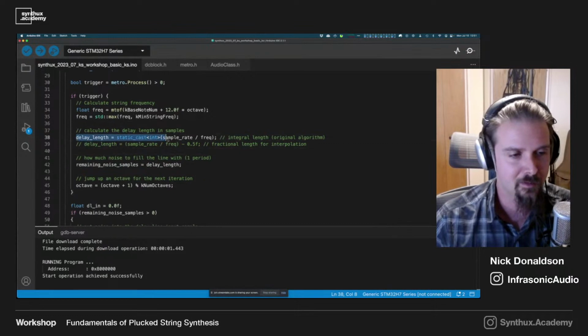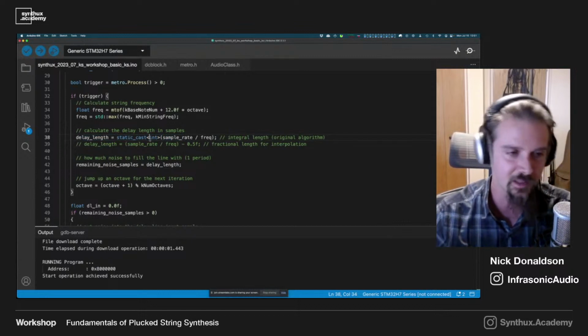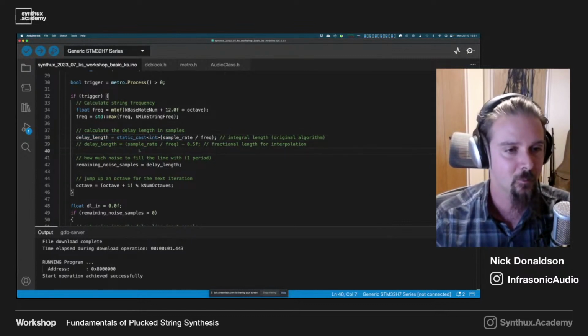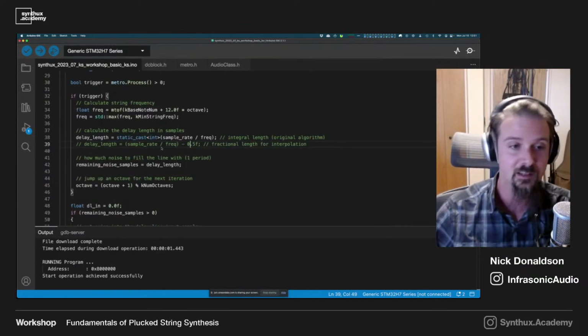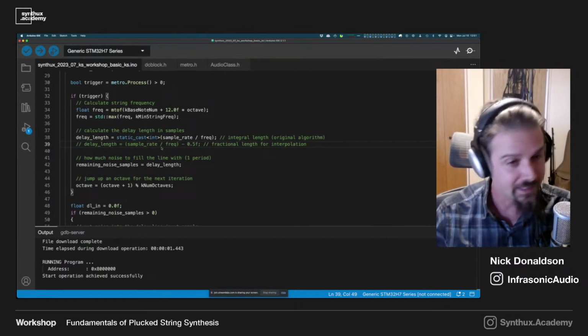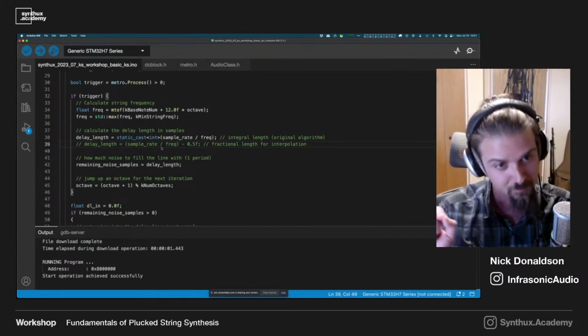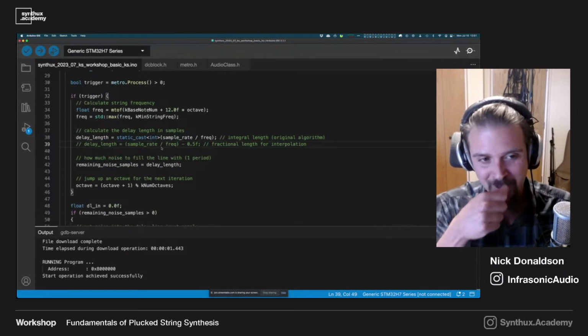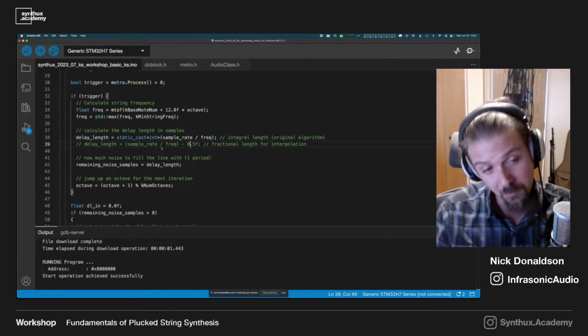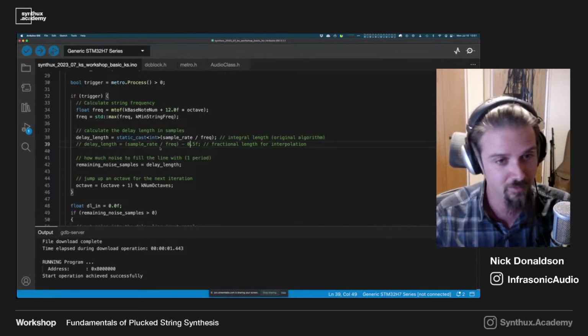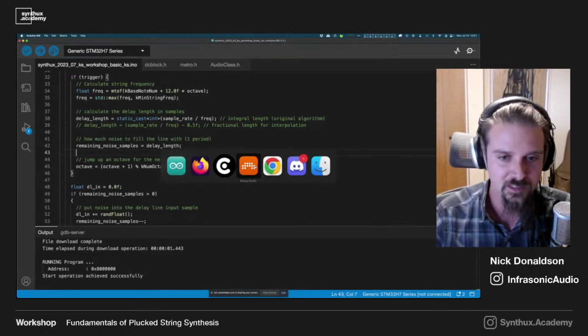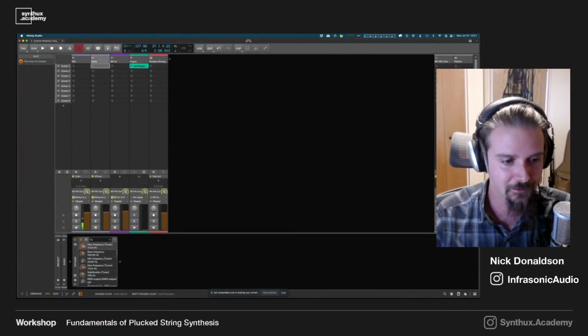And for tuning, if you remember, I was talking about how the original algorithm is using exact integer delay length, which results in inaccurate tuning in the higher octaves. It's actually a little bit hard to hear. The higher the sample rate is, and this is 48 kilohertz, the less effect this will have because our samples are smaller in units of time. Back then, they were running at lower sample rates, so this made more of an impact. But we can see, if we look at this in a tuner,